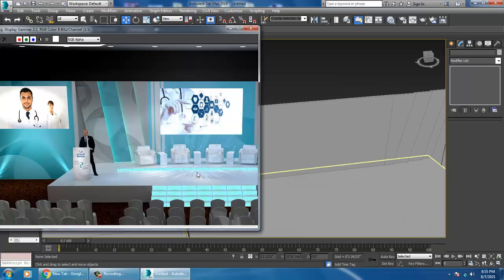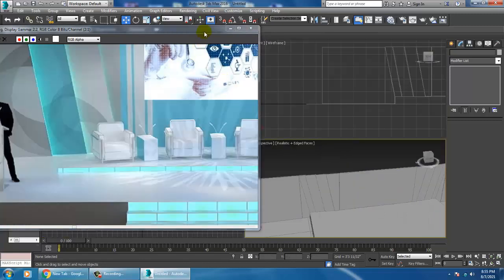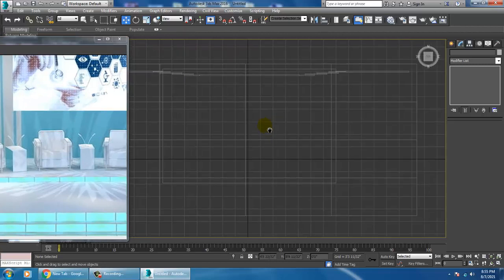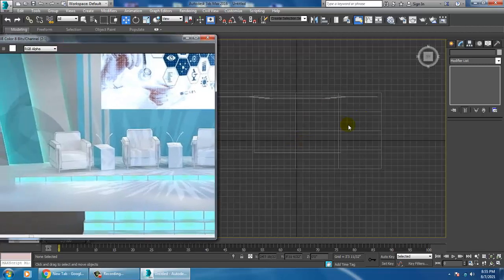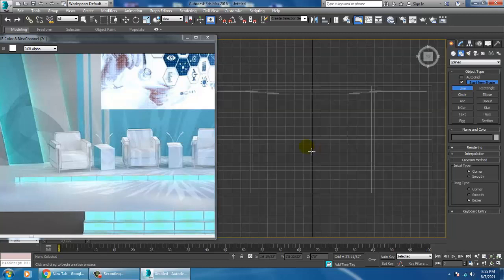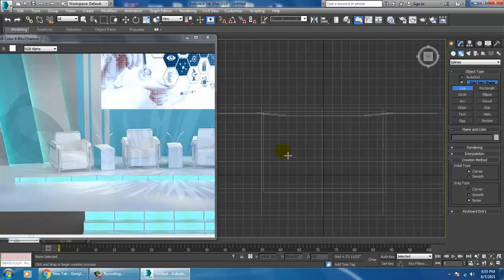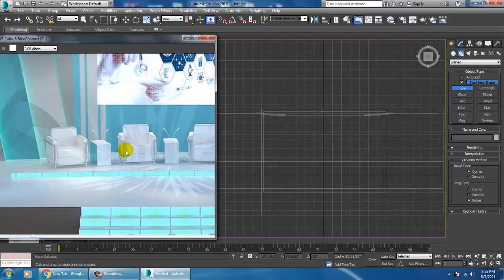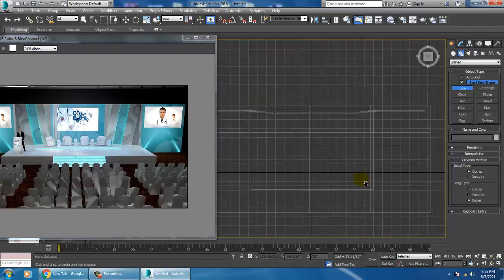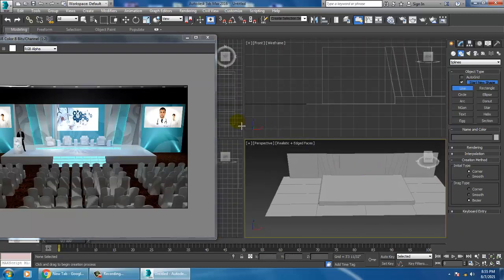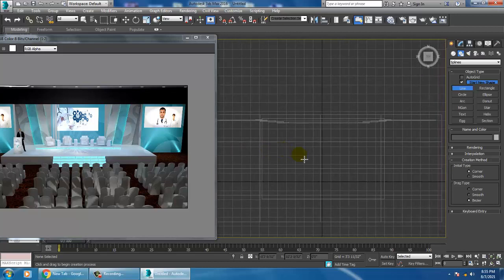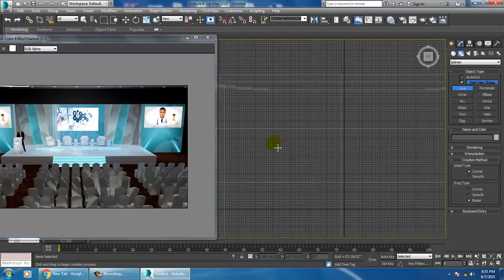Now I'll go over here, again to the top view, and on the stage let's take a line tool again. Take a line tool like this and just close the shape.